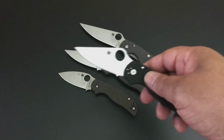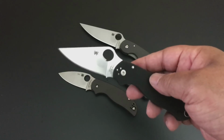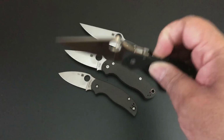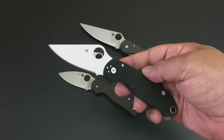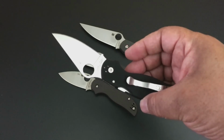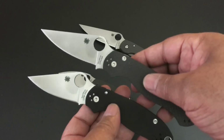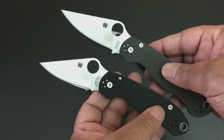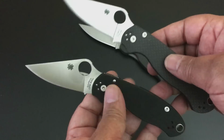And then a week ago, it was still 2016, at the end of the year, we started to hear and see the Paramilitary 3. And it finally came in the mail. And if you thought the Paramilitary 2 was perfect, well, this is just perfect. It is literally just a small version of the Paramilitary 2. 3-inch blade, S30V steel. It has the first one, and I say the first one, of course, has black G10